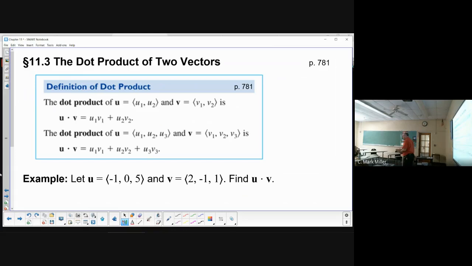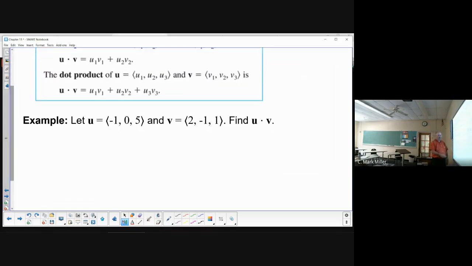So we're combining two vectors, and we're getting something of a different type. It's pretty easy, though. If I have two vectors u and v, here's the three-dimensional version, you multiply their first components together, second components together, third components together, and add them up. Now remember, there's no i's, j's, or k's over here. That's why you get a number. So, let's go. U dot v